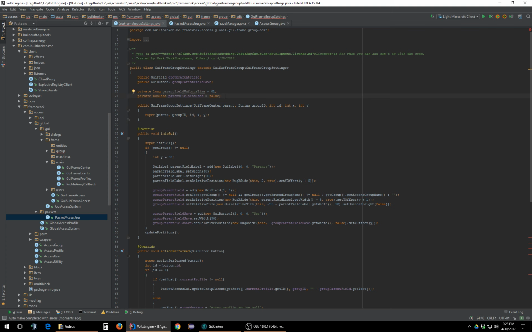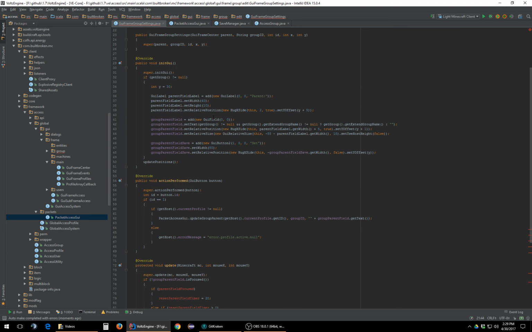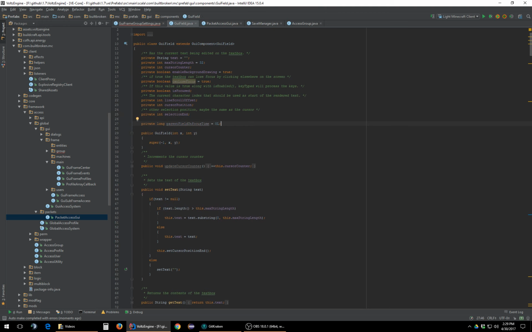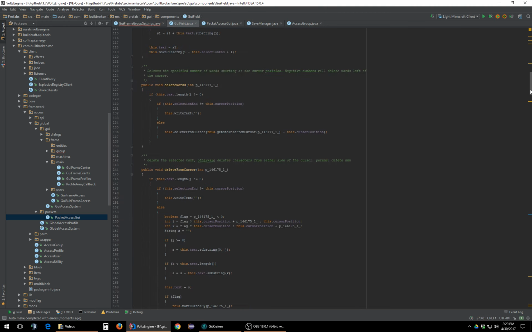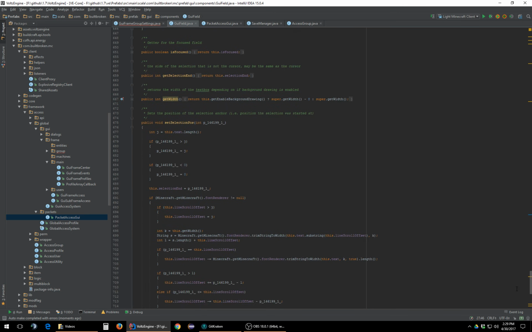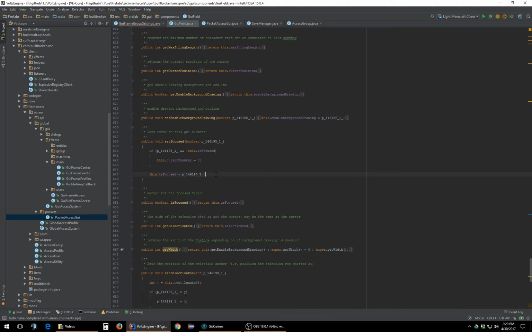Actually, you know what? I have an even better idea than this because I'm going to reuse this probably over and over and over again. So what we're going to do is we're going to go to our GUI field, and we're going to tell the field to keep track of this number. And what we're going to come down and do is we're going to find wherever set focus is, and we're going to go if